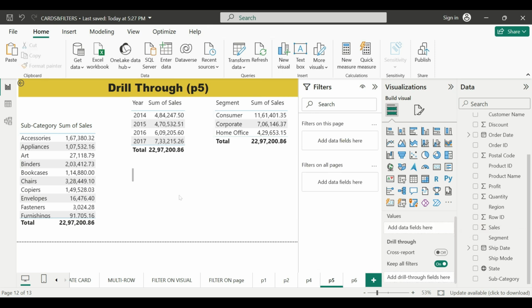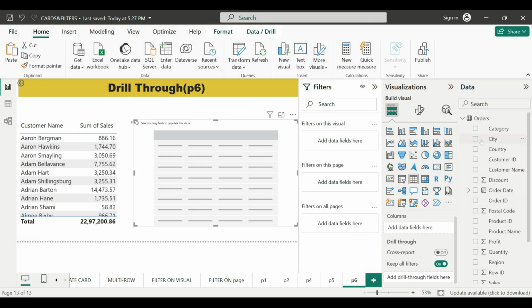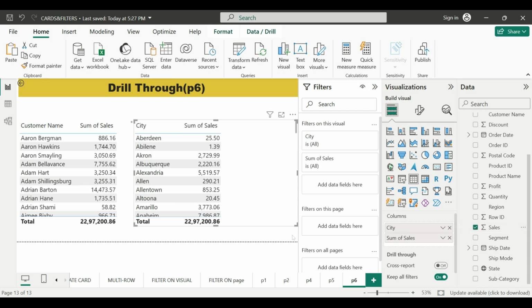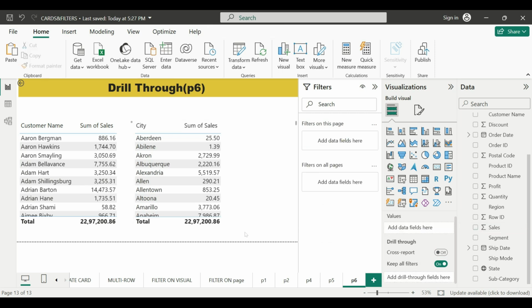You observe that everywhere the value is 2297200. Now for P6, I have created another two tables: customer and sales, and city and sales. And see, the value is also the same, 2297200.